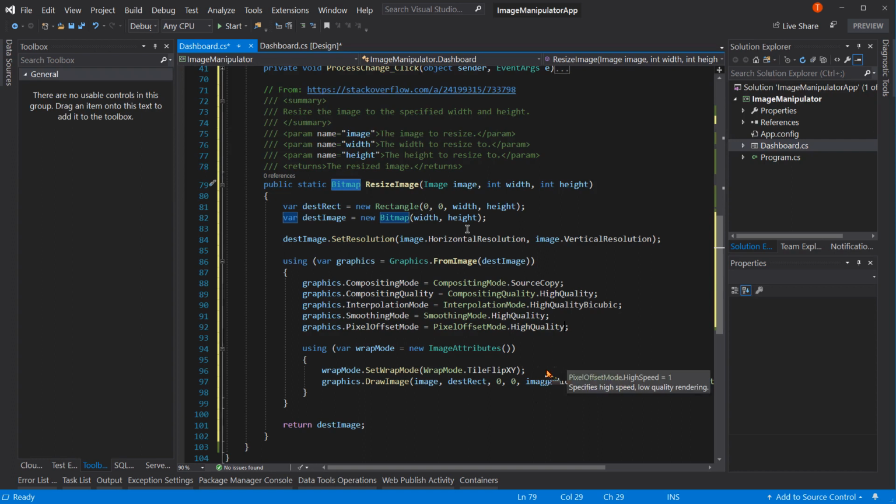not necessarily going to get you better results as far as quicker. So I would leave them at high quality. And then this right here, this tile flip XY, what that's doing is it's actually making sure they don't lose color, as in it changes the color if we don't do this. That's one of those gotchas that if you didn't know that it did that, you might get a low quality result. So the end result is we're going to draw an image, and that image is going to be